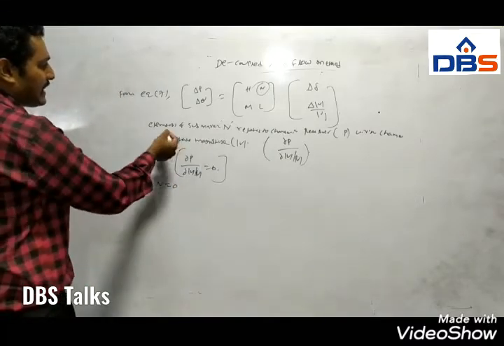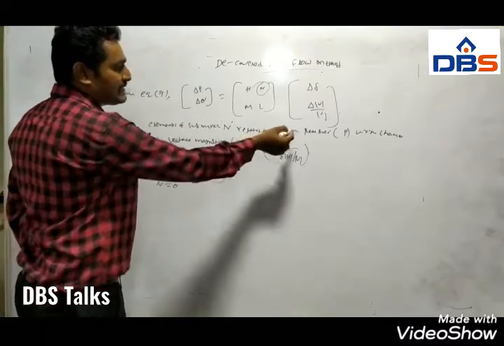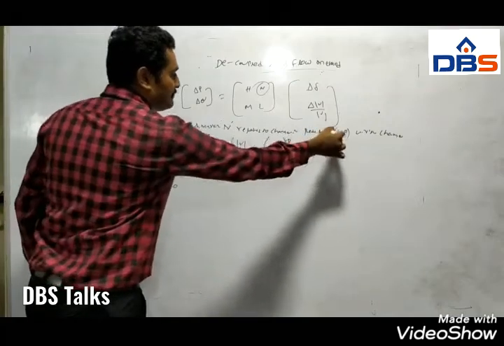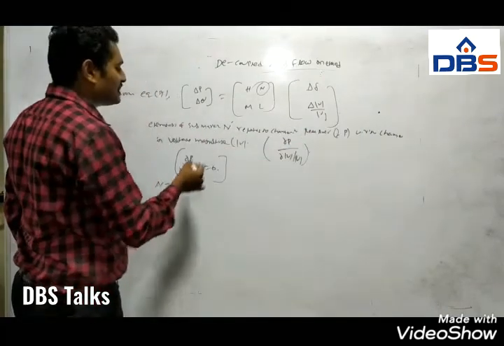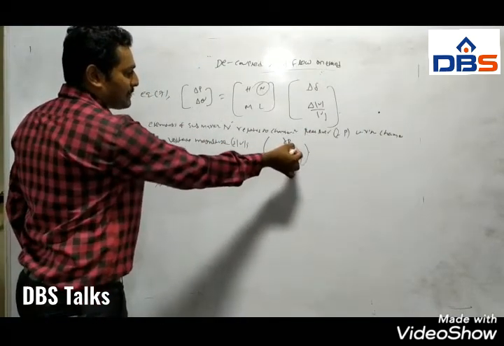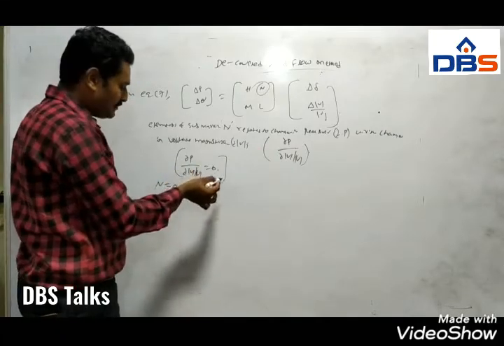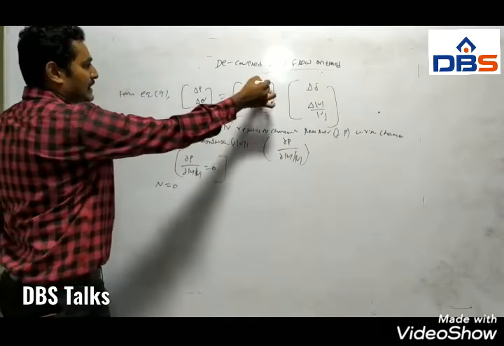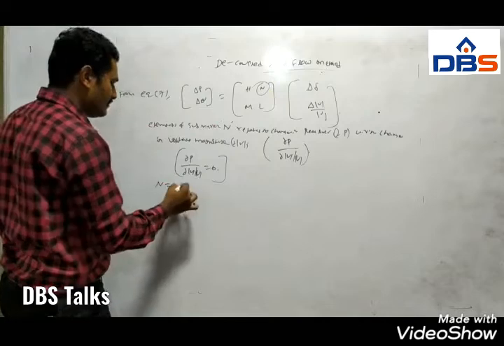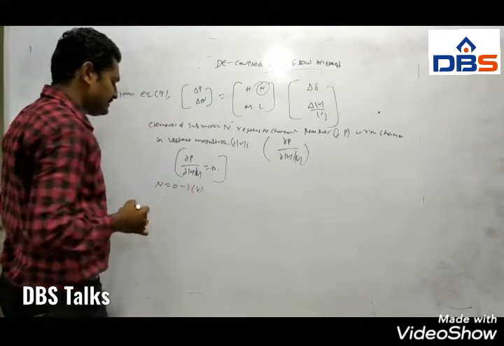Because we are taking the elements of the N submatrix related to changes in real power, that is P, with respect to changes in voltage magnitude. So from assumption 1, we have ∂P/∂|V| equal to 0. So from assumption 1, the N submatrix elements are equal to 0. Treat this equation as 8.